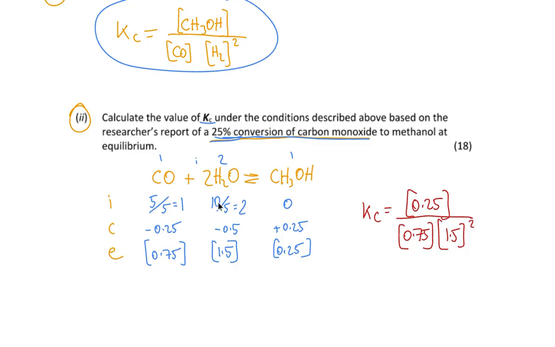Hang on, that's just hydrogen, isn't it? Yes, sorry. So that's just carbon monoxide and hydrogen, and for hydrogen, this coefficient 2 becomes an exponent there, and then we do the maths. We can just work on the bottom line, and that becomes 1.6875, so 0.75 by 1.5 squared. And this gives us a value of